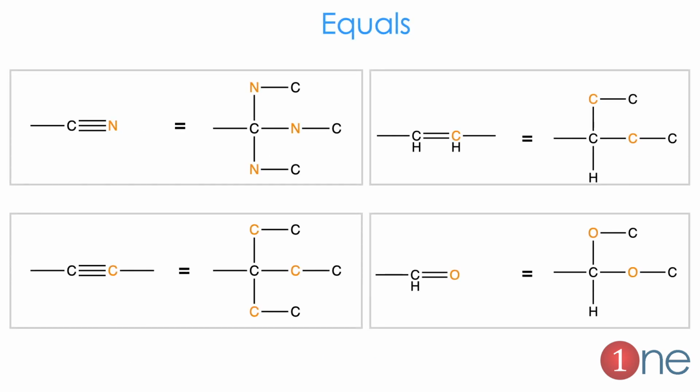Then at last, I have given some equivalents to avoid confusion. C double bond N is equal to C connected with 3 nitrogen atoms, and then the nitrogen atom is further connected with another C. Similarly, C double bond C is equal to C connected with C, so C, C, C. C double bond C is also the same: C connected with 3 carbon atoms. According to this, you should assign the priority. Then the aldehyde group, which is C connected with 2 O atoms, and O connected with a further C atom. Always follow the connectivity. A double bond will get a duplicate single of its atom. So you should know the equivalents to assign the priority.